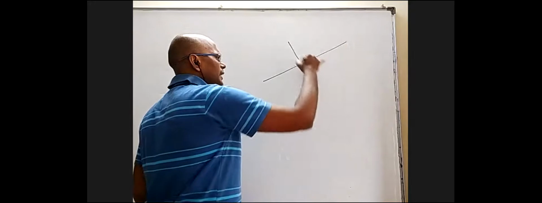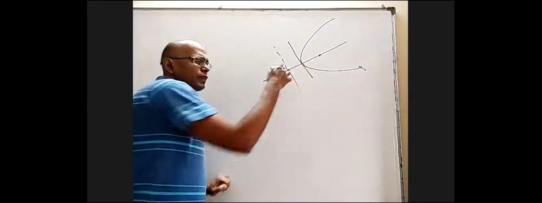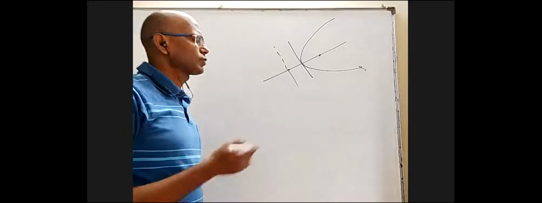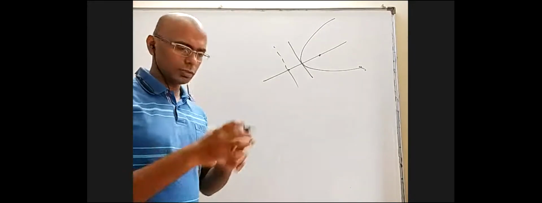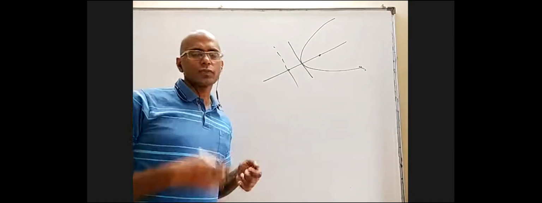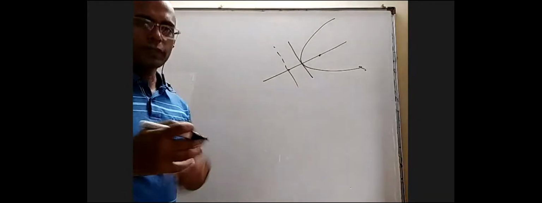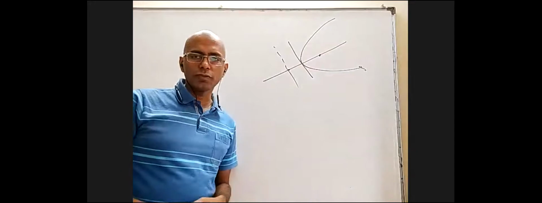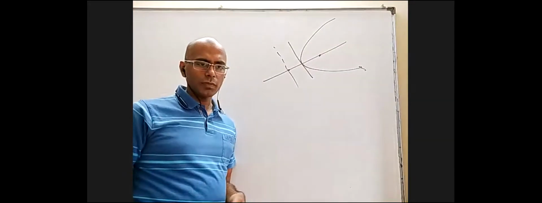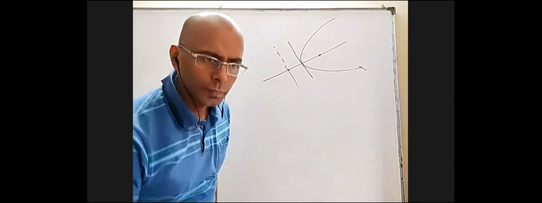If I take any rotated parabola like this, whose axis is not the x-axis but some slant line, and a parabola like this where it has focus and directrix. If focus and directrix are given, things are easier. We can use SP equal to PM and get the full equation. It will have x square term, y square term, xy term and all that. But if that parabola is given and they ask what is the focus, what is the directrix, what is the axis, and all that.